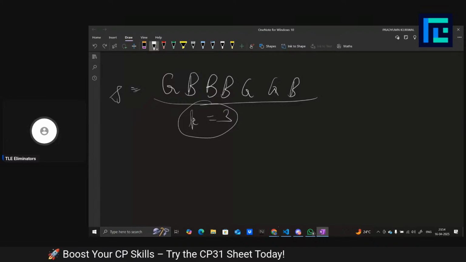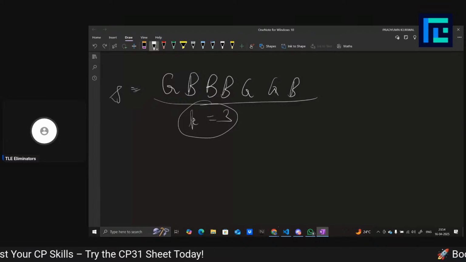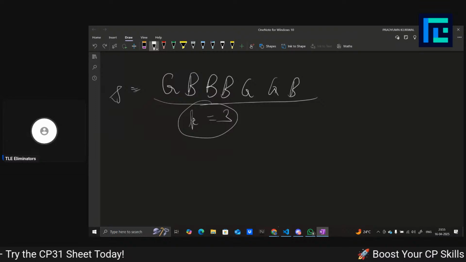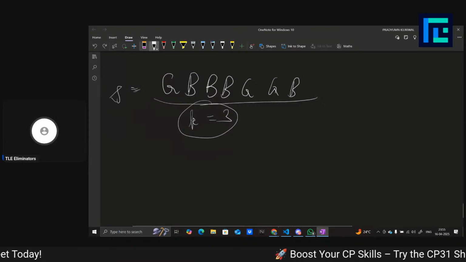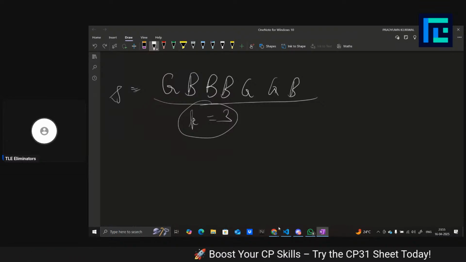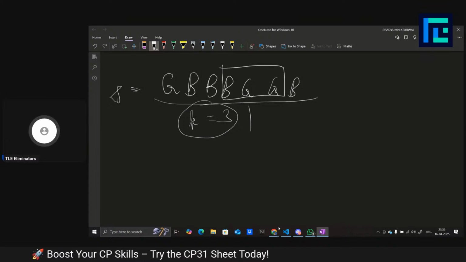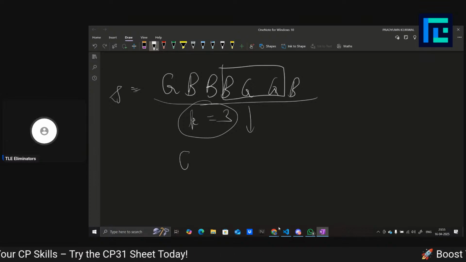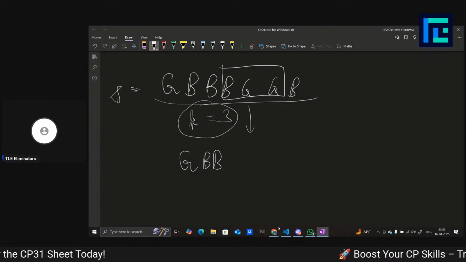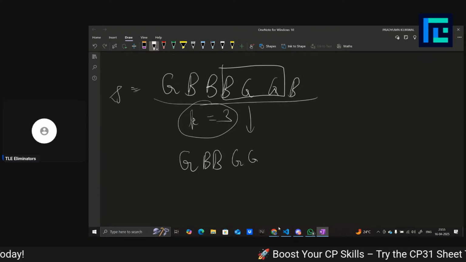And what is the operation? We can simply choose any substring and reverse it. Okay, so let's say I reverse this substring right here, this substring BGG. So what would the string become? It would become GBB, GG